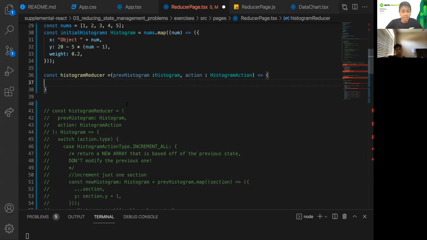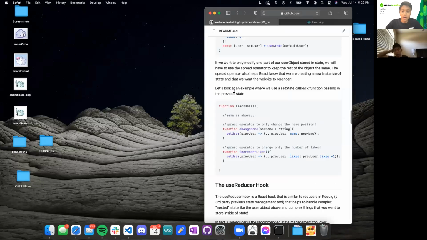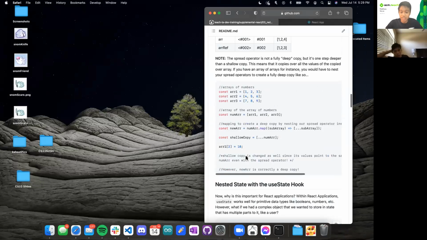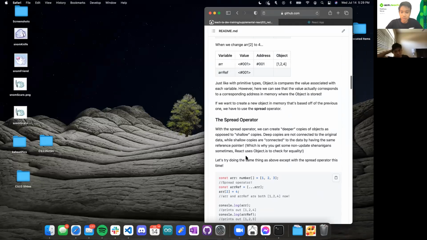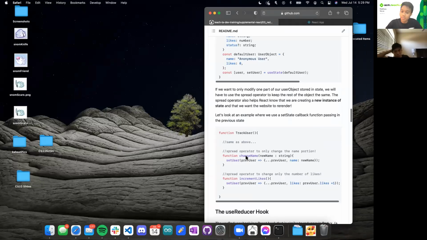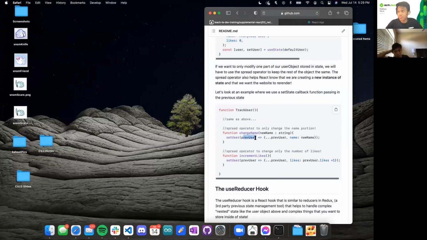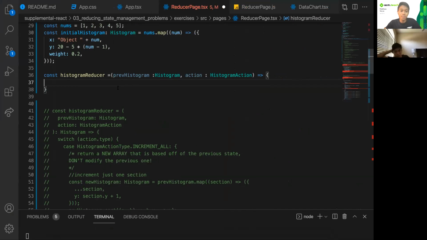Like you saw with the setState function, how you passed in a previous state, like, where is it? Give me a sec. Here, we have a previous user. It's very similar. We can pass in our previous histogram or our previous state value. And what we do is we can construct a switch statement, which will handle all of our state logic. Like